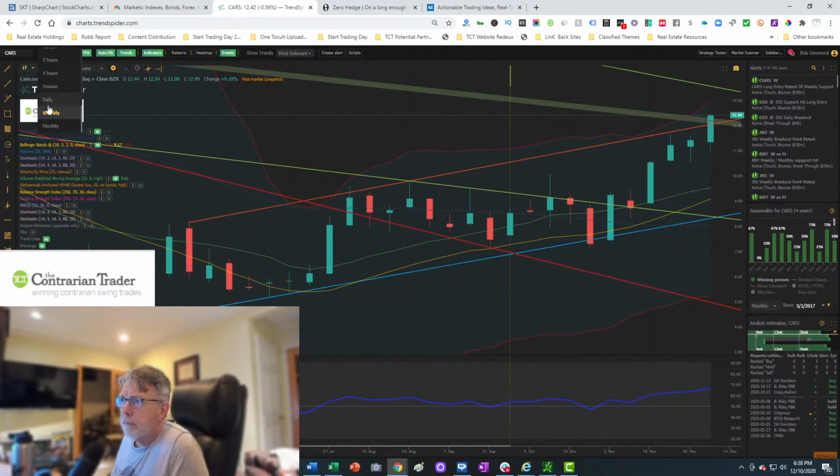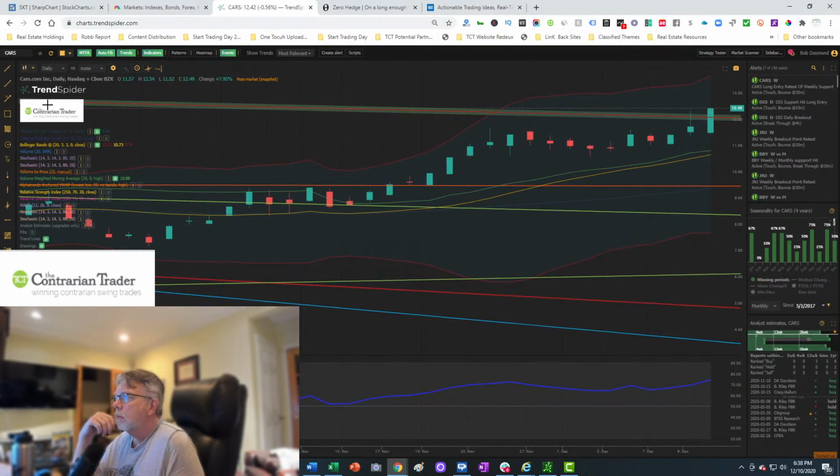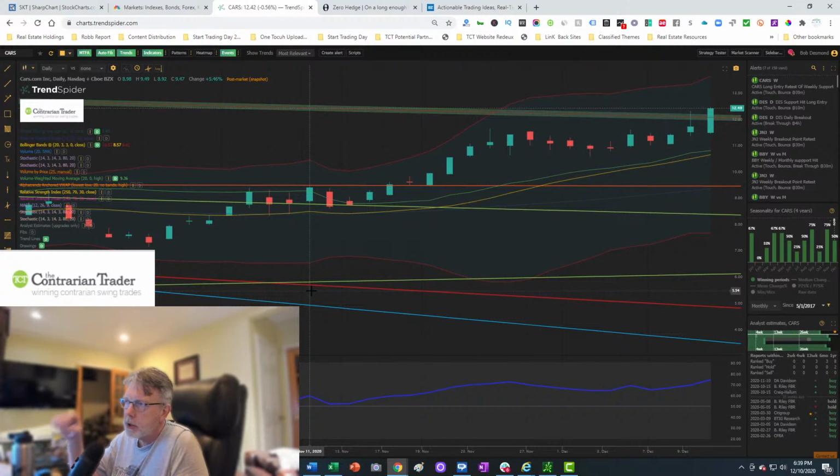Daily chart. Nice breakout today. That alert may fire off tomorrow, but I'd really like to see it retest next week. Pull back next week, because that means you have a weekly breakout, not just a daily, which is far more significant, 5 times more significant than a daily breakout. So we want to see a retest next week of this support level, and that's your all clear to get in to the trade. If we fail to hold the support level next week, then you stop out. Small risk and small loss, lots of upside potential.